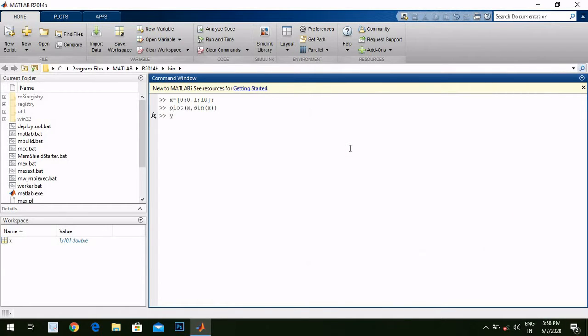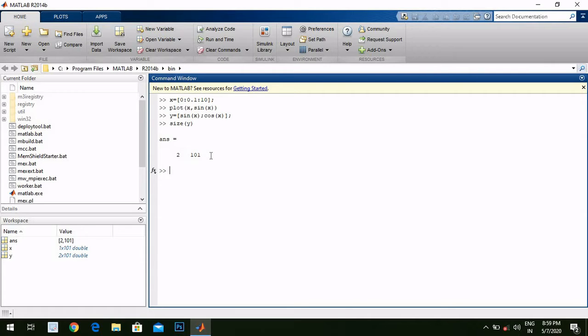So let's take another variable y is equal to sin of x and cos of x. Let's check the size of y. Over here, as we can see in the workspace, it shows us 2 by 101, right? And the size of x is 1 by 101, because over here we have only the value of x, that is this vector, and over here we have sin x and cos x. So we have two different rows. If we need to check the size of y, we write size then y. So it is going to show us the size of y, that is 2 by 101, right?